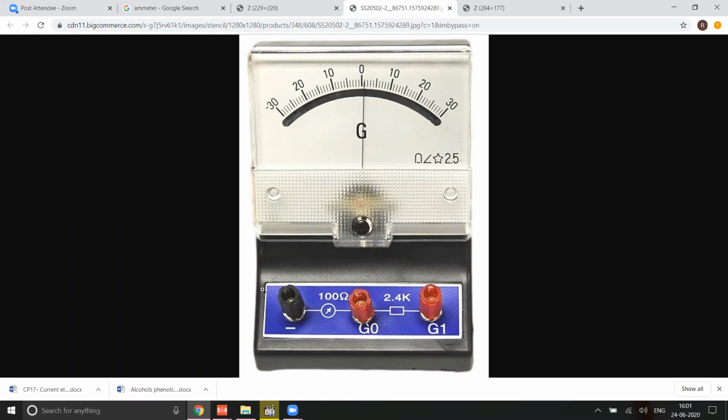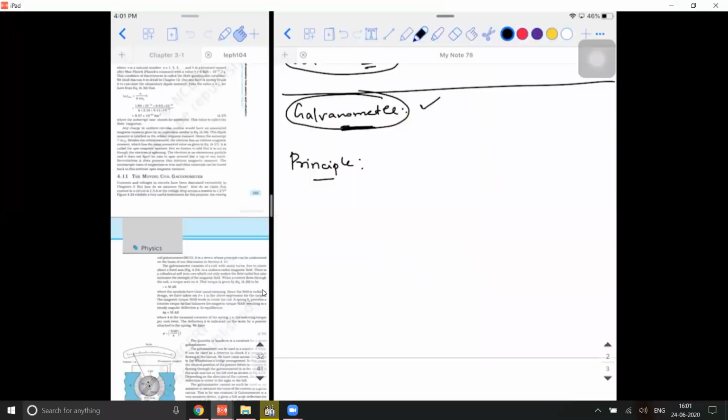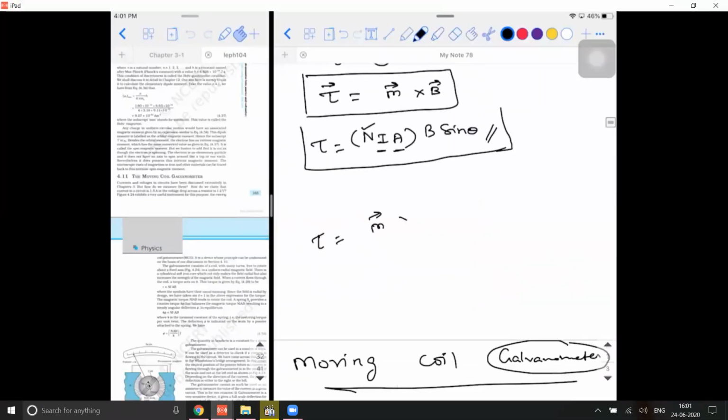Because once you reverse the direction of current, what is going to happen according to the mathematical expression we have in our hand? It says torque is equal to m vector cross b vector, right? So once you reverse the direction of current by changing the polarities, you will be changing the direction of the magnetic dipole moment. Once that happens, the direction of torque will get reversed. Meaning if the pointer is showing a deflection to the right, and you reverse the polarities across the ends of the galvanometer, it will start showing a deflection to the left. If this kind of working is not happening, the galvanometer you have got while doing the experiment is a defective one. So you have to replace it immediately. This is one of the tests made.